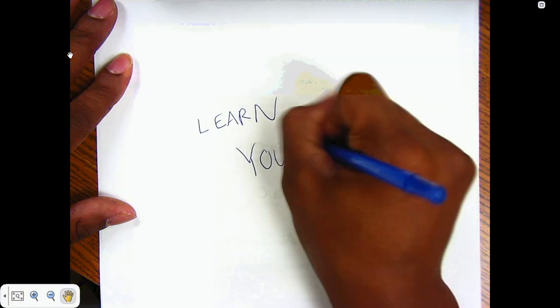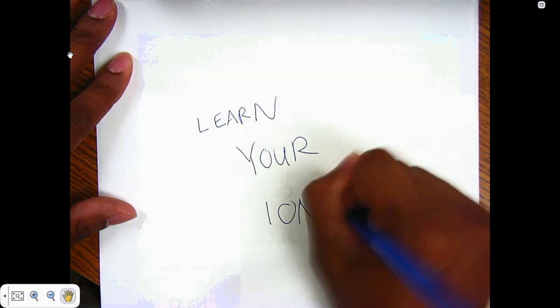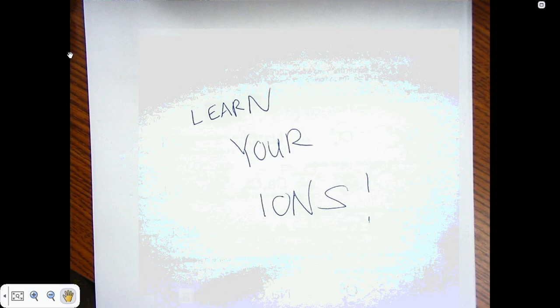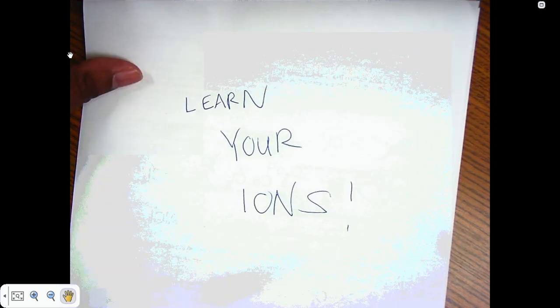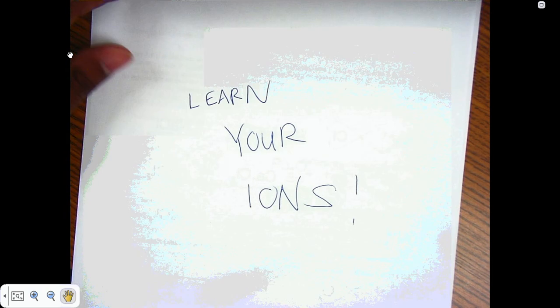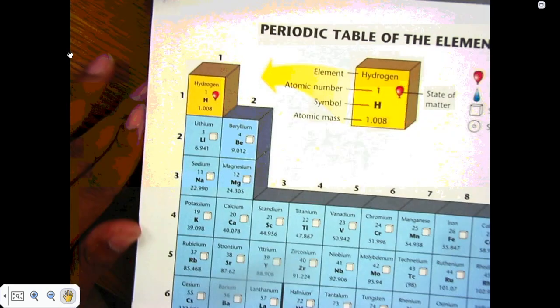And first of all, before we dive into this, I want you to make sure that you learn your ions. You must learn your ions. That is probably the most important thing you can do. And so, in the early stages, I talk about how if you're looking at the ionic form of compounds, if you just look at your periodic table,